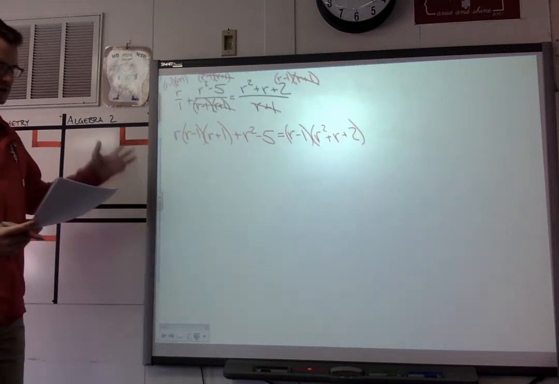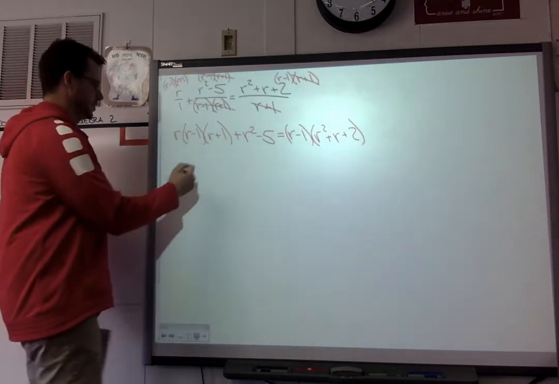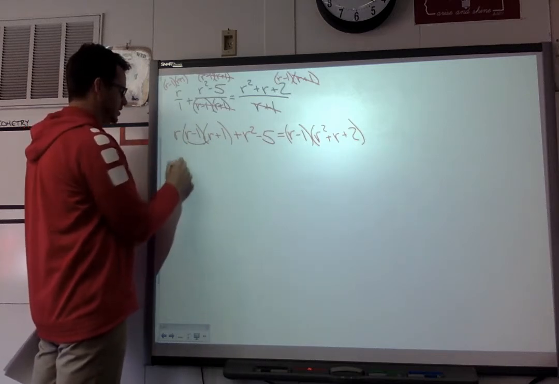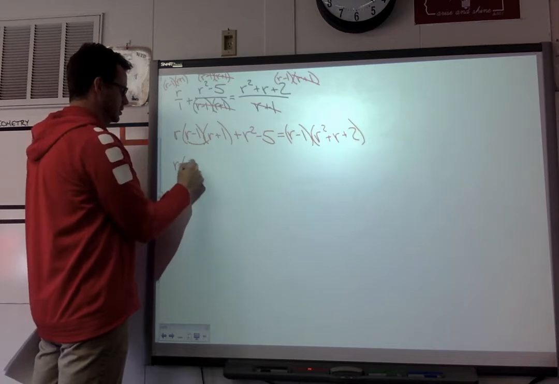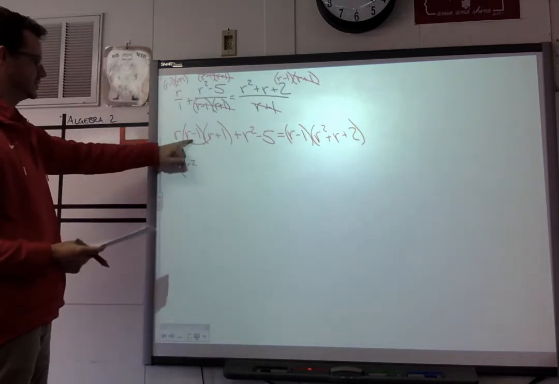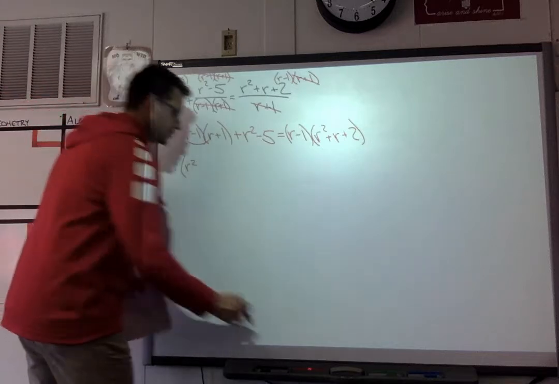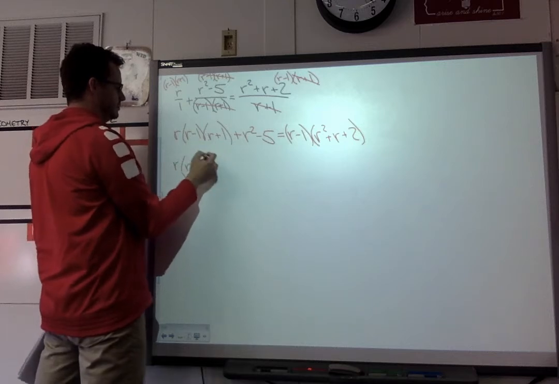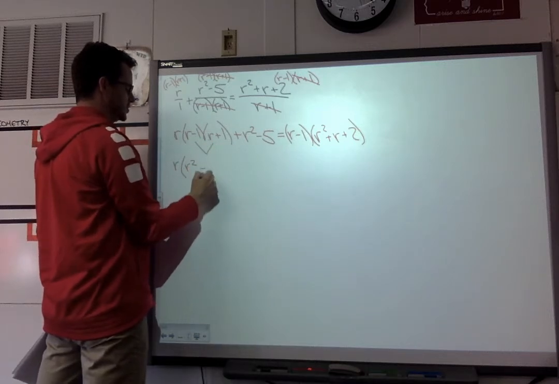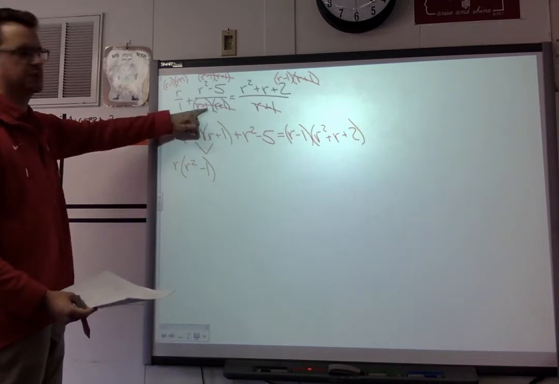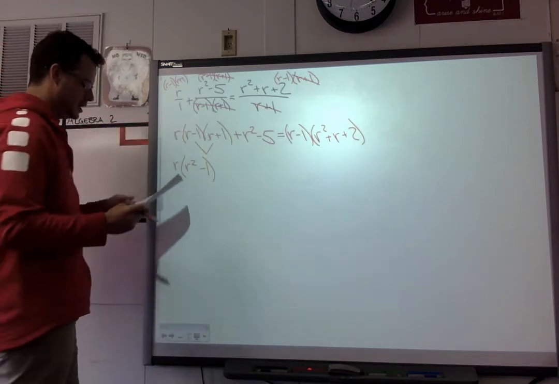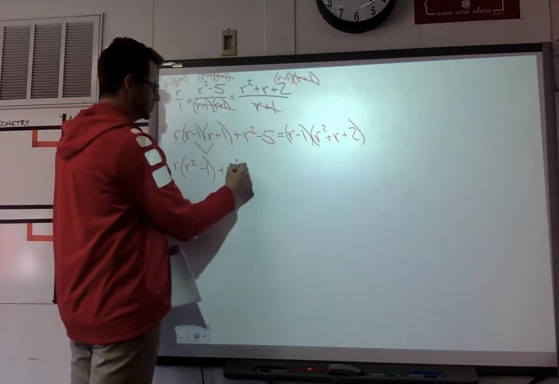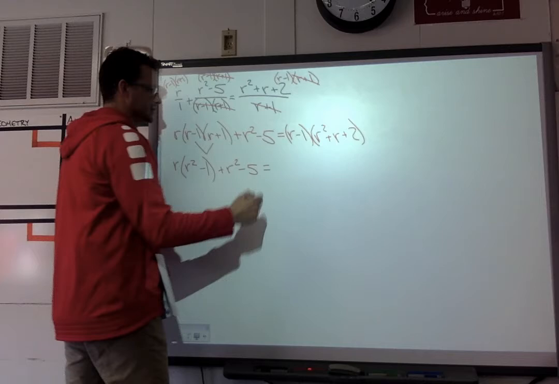Now I need to get this solved for r. So the first thing I'm going to do is go ahead and FOIL here. So I've got r times r squared. We know since this is r plus 1 times r minus 1, it's going to come down to r squared minus 1, because we took r squared minus 1 and factored it there. So r times r squared minus 1 plus r squared minus 5 equals, I'm going to go ahead